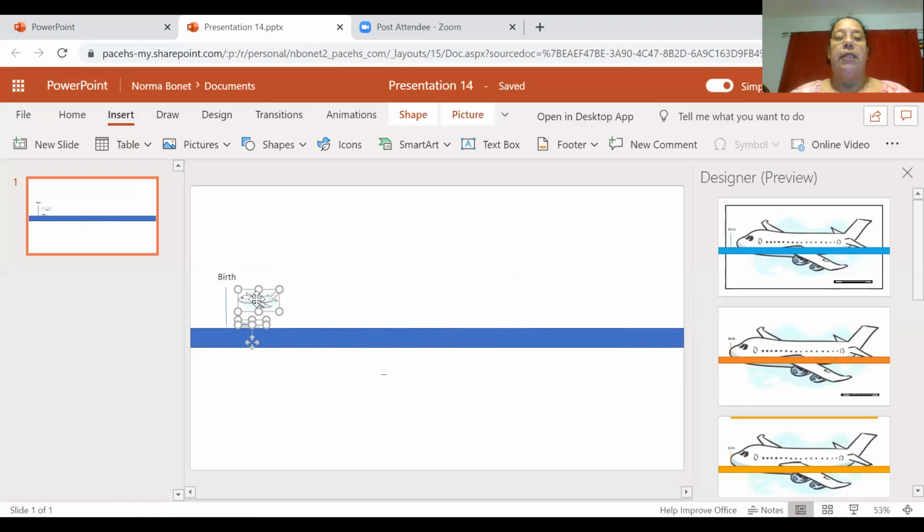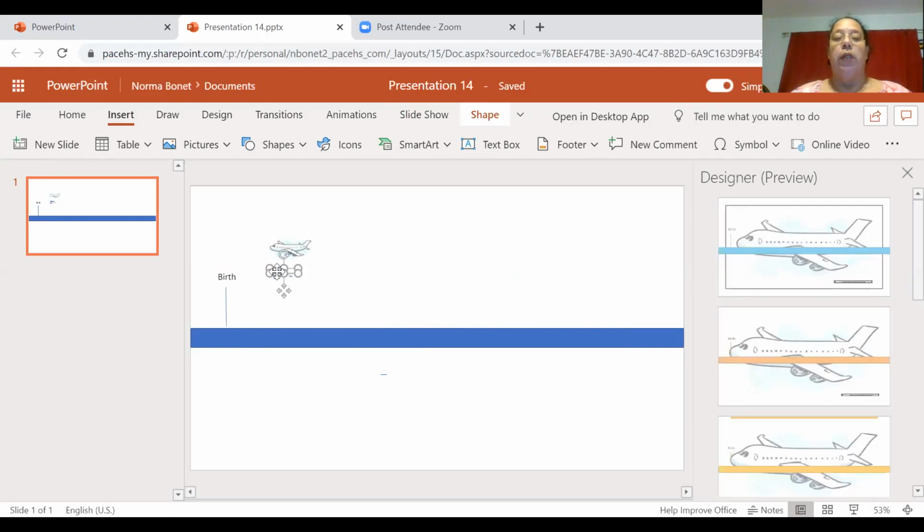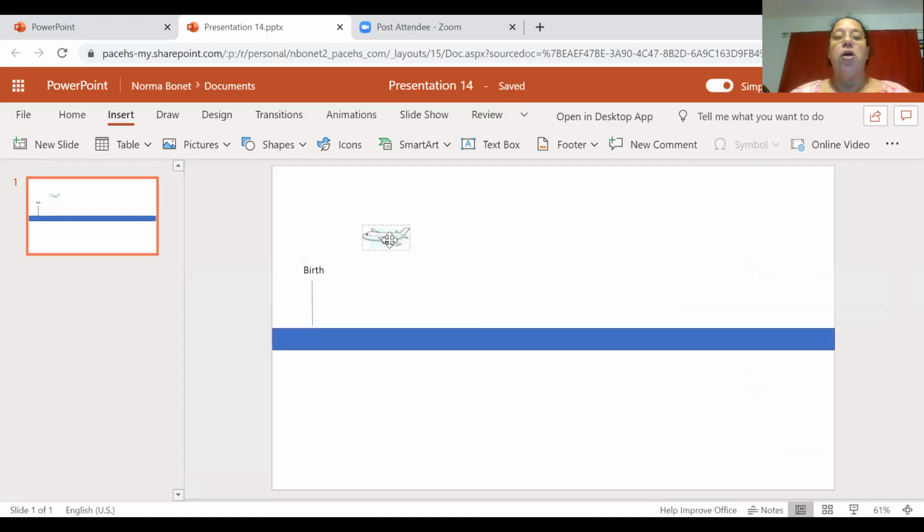So I'm going to go ahead and click that airplane there. Notice that this image also has wording on it. Because I don't really need that, I'm going to delete the words down below here. So let me go ahead and delete that. I clicked on it and basically clicked on the delete button on the keyboard. So that's how you would need to create and insert your image, a text box, and the parallel line that goes